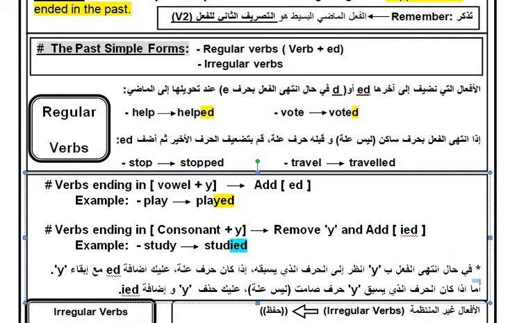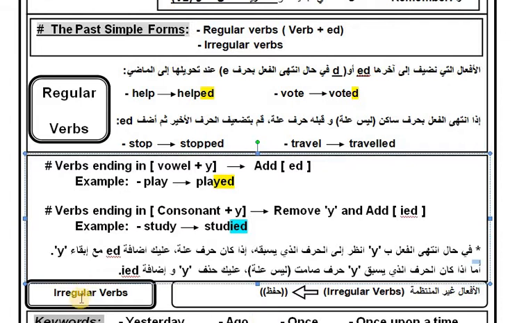Okay. هاي بالنسبة ل regular verbs. What about irregular verbs؟ حكينا ال irregular verbs هي أفعال غير منتظمة يعني لا تنتهي ب ed. بهاي الحالة شو رح نعمل؟ You need to memorize. أكيد أنت رح تحفظ هاي الأفعال حفظ. Could you give me some examples of irregular verbs؟ تقدر تعطيني أمثلة على irregular verbs؟